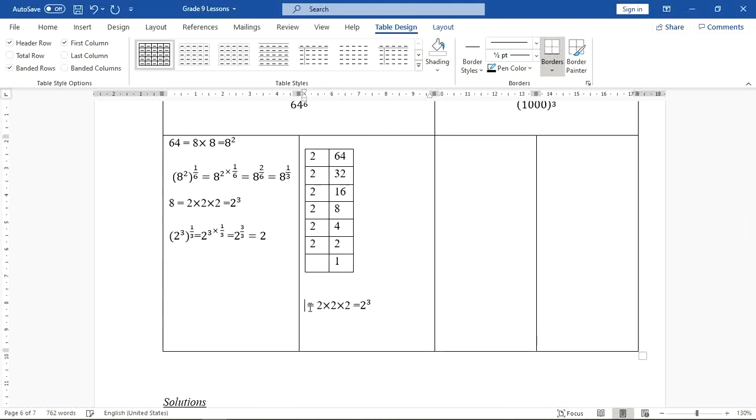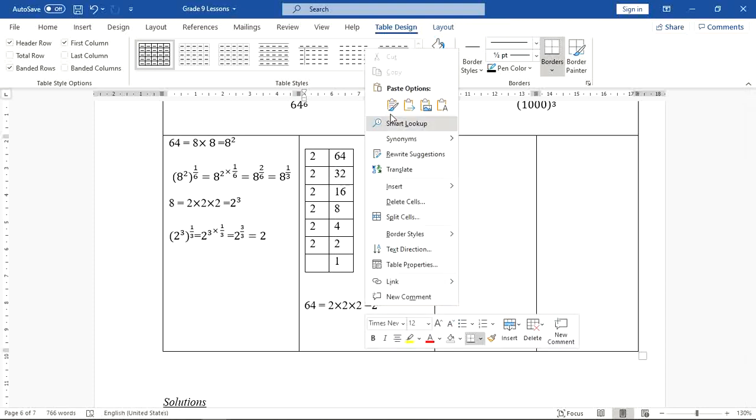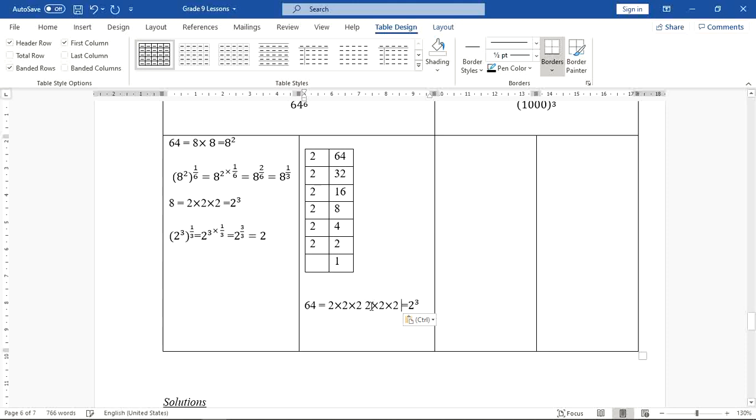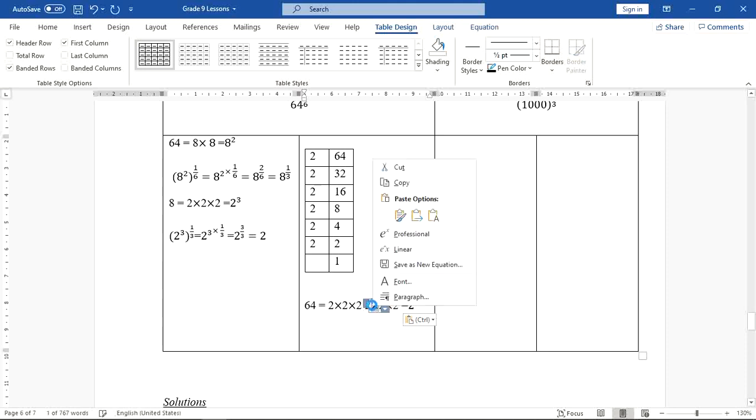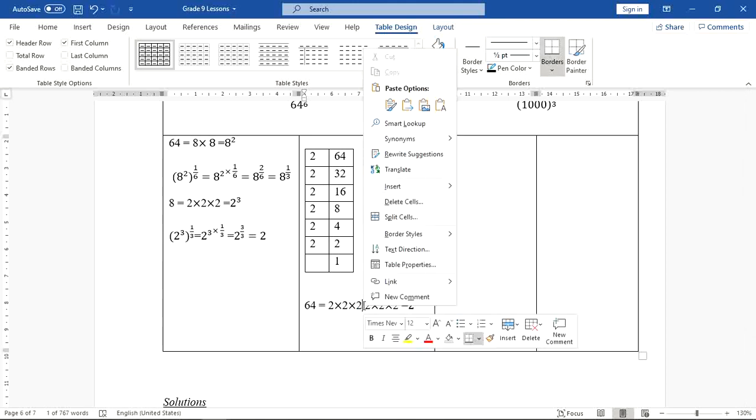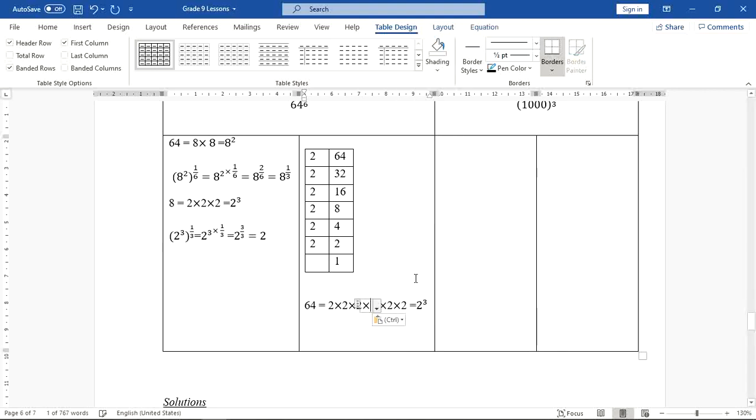So we can say that 64 is equal to, so we need another set of 2's. Just going to copy this and put it here, and put a multiplication sign here. Copy, and we put it there. Alright, so that's 64. Let's see if we are right. 1, 2, 3, 4, 5, 6. 1, 2, 3, 4, 5, 6. So this is 2 exponent